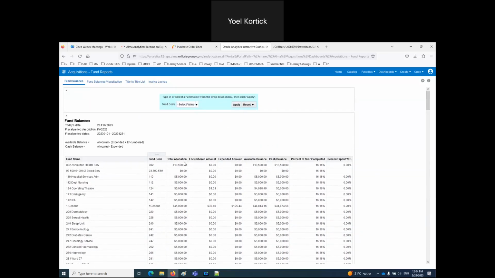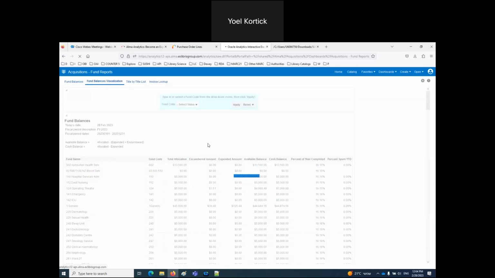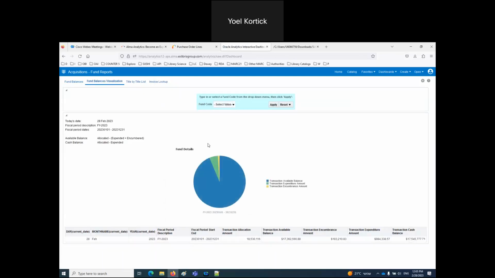All of these numbers here, we can see in a visualization format. I'm going to switch here to the Fund Balances Visualization tab. And now we can see it in a visual, which can sometimes help us understand better. So I actually have a very large available balance still, all together, not looking at one specific fund. And I also have a not too bad expenditure amount